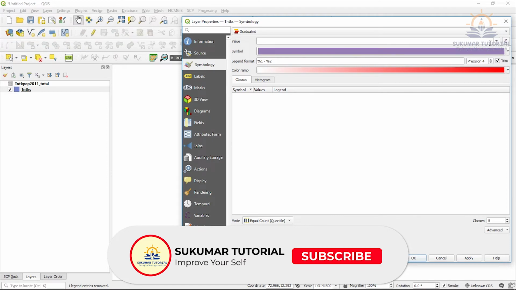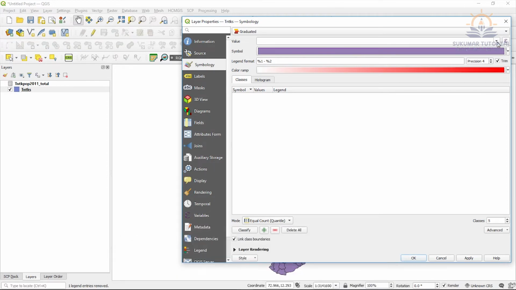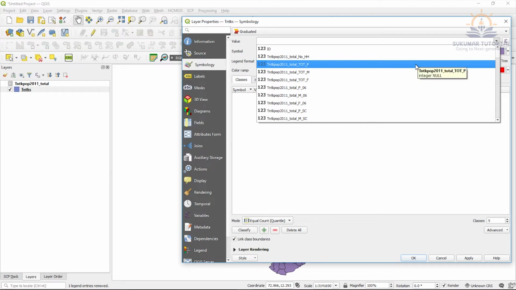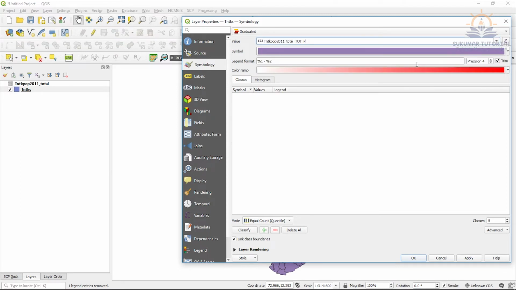You have to click graduated. Once you click graduated, the value field has come. So you go to the value. There you have to highlight total population. After selecting total population, you come down on the left side.